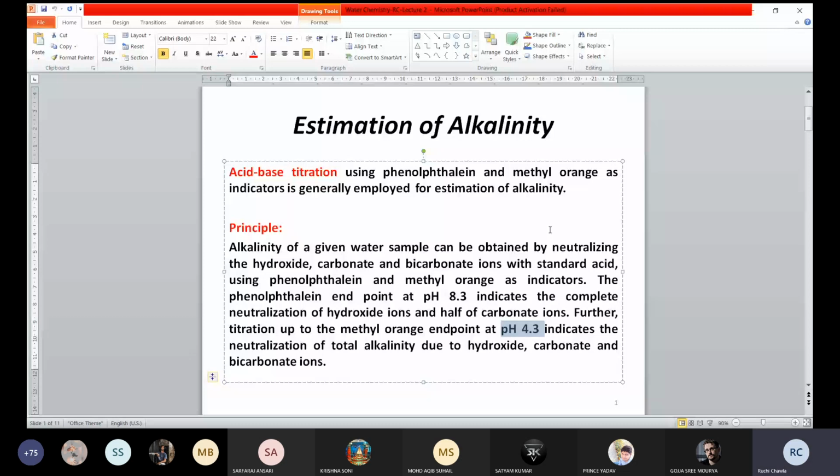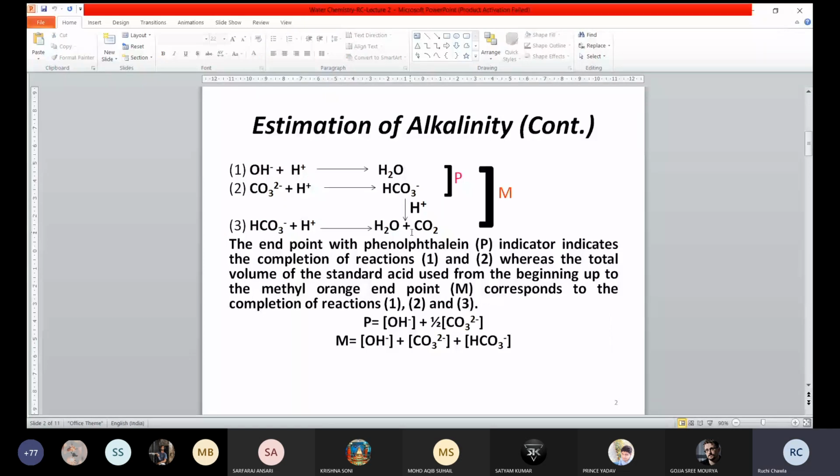And one very important piece of information which is written here in the principle, but this I will show you with the help of the three reactions that you learned on the last turn. Is slide number 2 visible to everyone? Yes, ma'am. So I made you write these three reactions on the last turn.